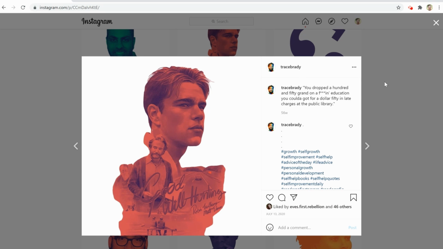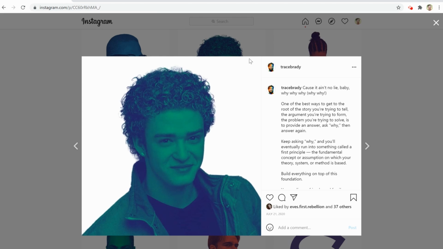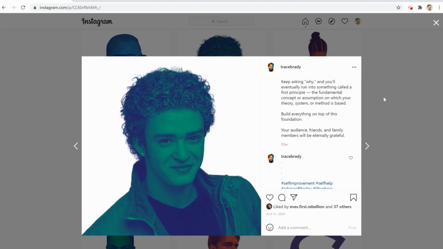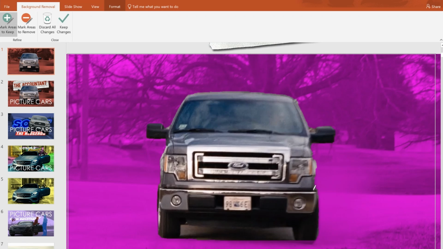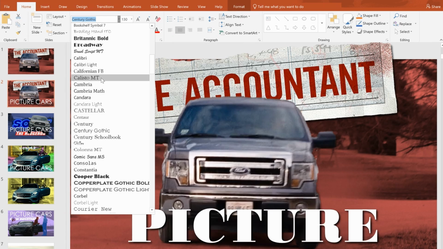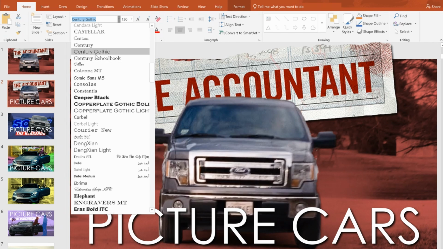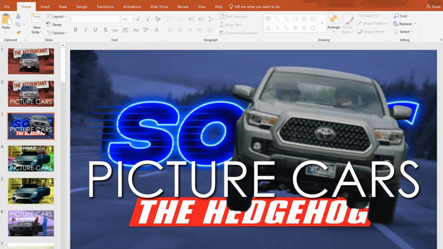His visual structure is fairly monochromatic in that it's one color of an image on a white background. So for my thumbnails, I wanted a color-graded background which matched the movie, and then the movie title logo, and then lastly there's the picture cars text. I played with the font for a while but landed on Century Gothic. Century has a deep history in American school books, and the sans serif of the Gothic text is more subdued, making it easier to fit with the different movie title logos.